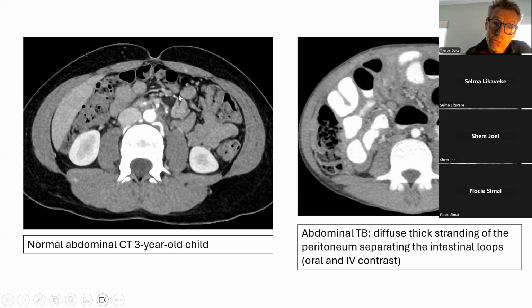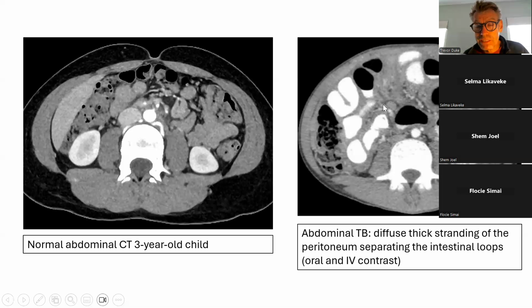But you can see that the omentum is not so thick. The bowel itself is not contrast enhanced. There's the bone, the spine, and the pelvis, and there's the gas within the bowel. But in this scan, all of the